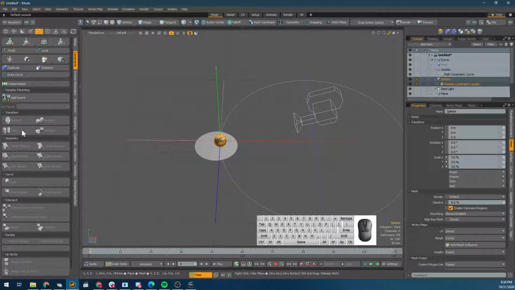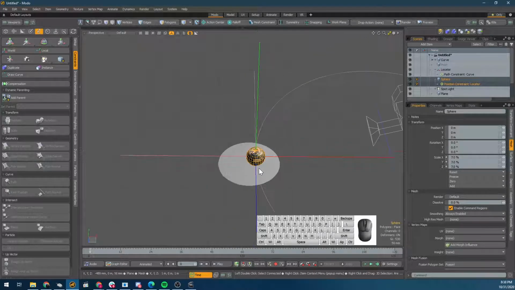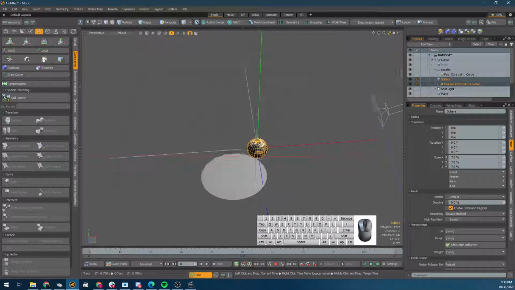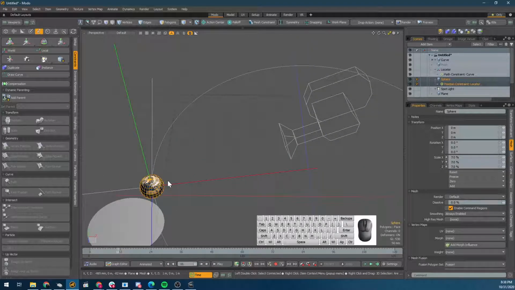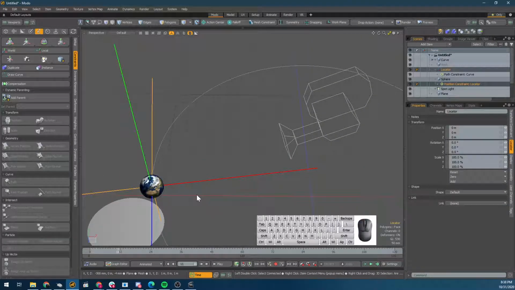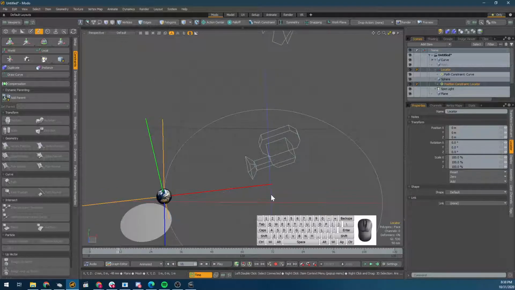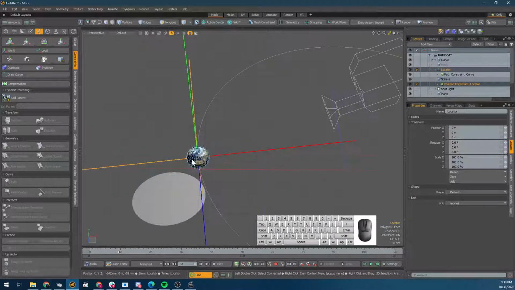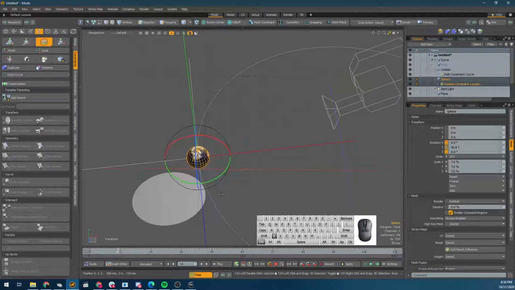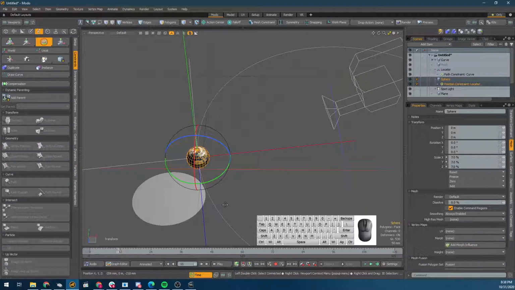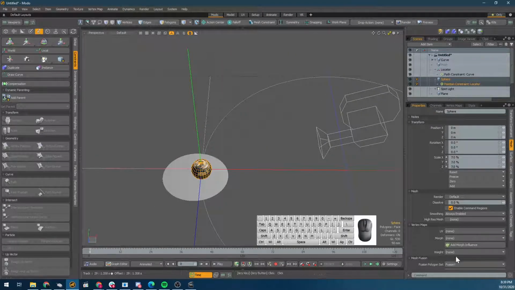So position, and so now the sphere is going to look like it's doing the same thing, but it's actually just got a position constraint to that point, the locator, and the locator is actually going around that curve. But what we can do now is rotate this, because it's just the child, essentially, the position child of the locator. So if we were to go in here and say